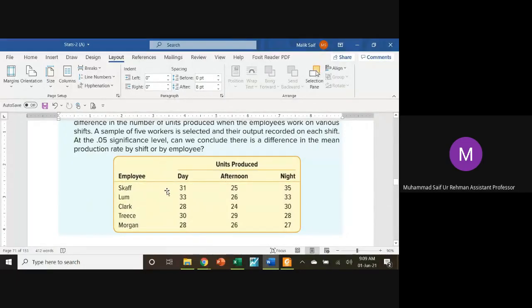When you incorporate the effect of employees, it becomes two-way analysis of variance, because now from two ways you are looking into whether there is some difference in the mean production because of shifts or by employee. So separately you will check,